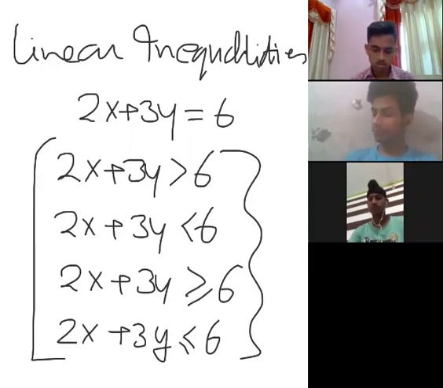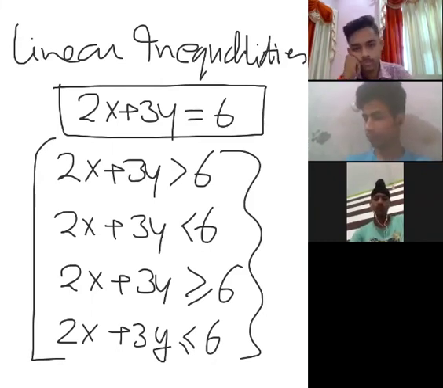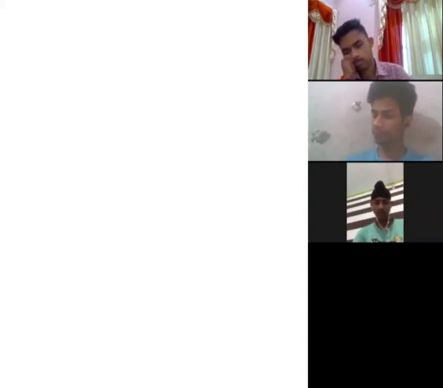A linear equation was when it was equal to something, and inequality means it could be a little more or a little less, meaning a little greater or a little less. So those things we are going to study in it. Now the situations we are going to make with the questions: we might get a linear inequality in one variable, or we may get it in 2 variables. We might also get linear inequalities in the quadratic form. So these 3 situations I'm going to make.